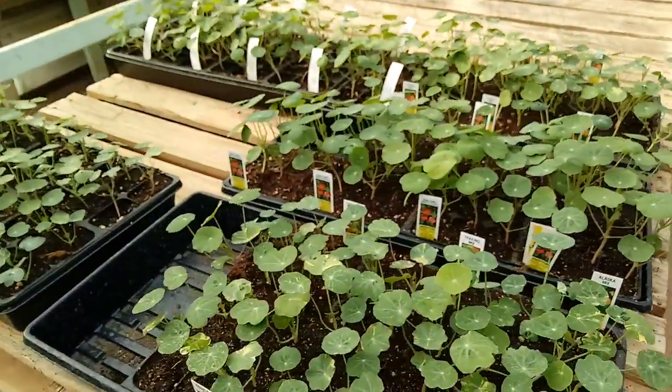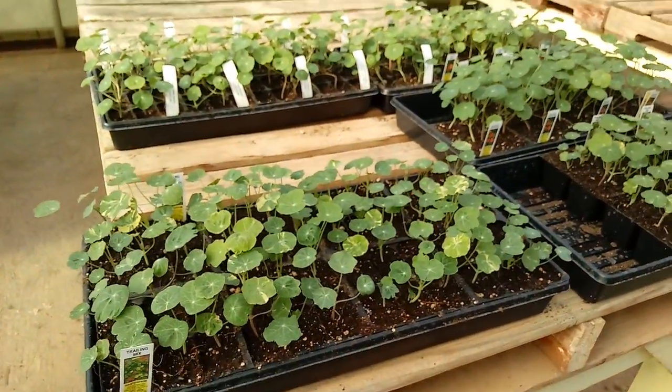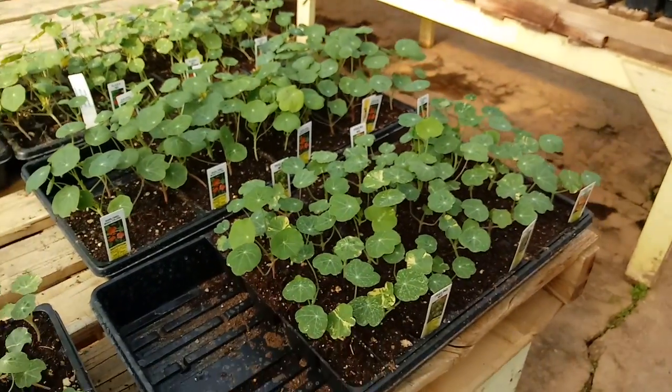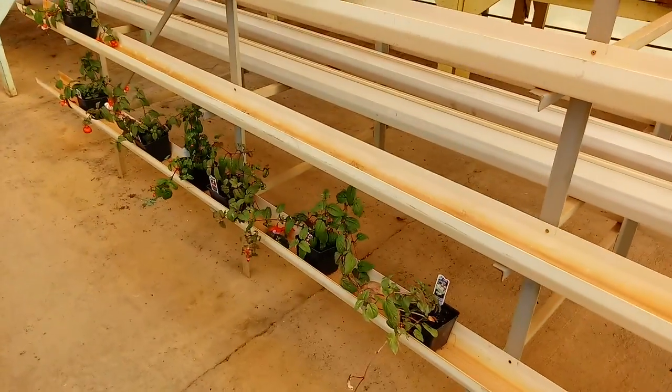Let's not forget yummy nasturtiums. This plant is amazing. We can eat the leaves and the flowers. They got like a peppery taste to me. And they're just fun to grow. Some of them trail, some of them bush. So in our shade lovers, we got the fuchsias